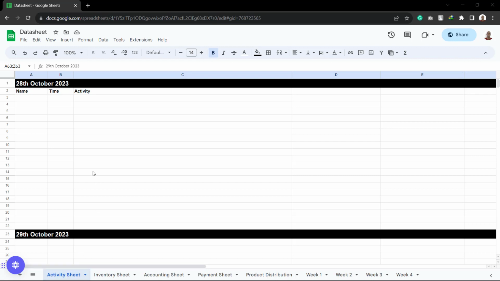So what is the function of the activity sheet? The function of the activity sheet is for anyone who is a member of the group to write their daily activity in. So every single member is expected to perform one or two obligations. Once he performs those obligations, he is to go to the activity sheet and log that activity in. So for example, if I were to be the one in charge of the website and the ads, and my name was Ibrahim, I'll write